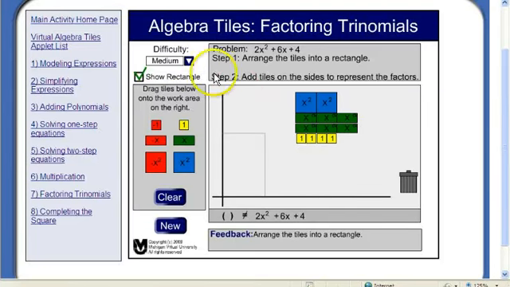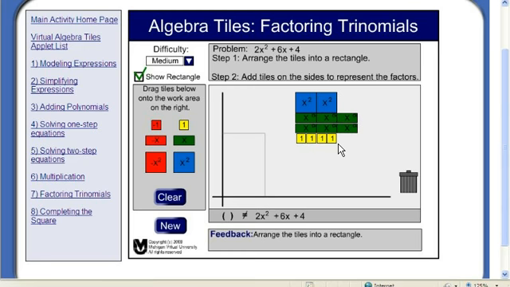For this activity, we're just going to be working with the window that's already open where it says Algebra Tiles, Factoring Trinomials. Don't do anything with this left hand menu over here. That'll just get you away from this page, but we want to stick over here. So in this activity, we're going to be building on what you did in the